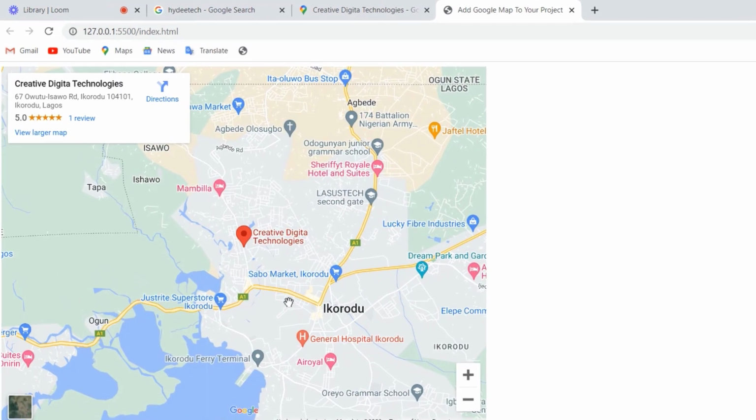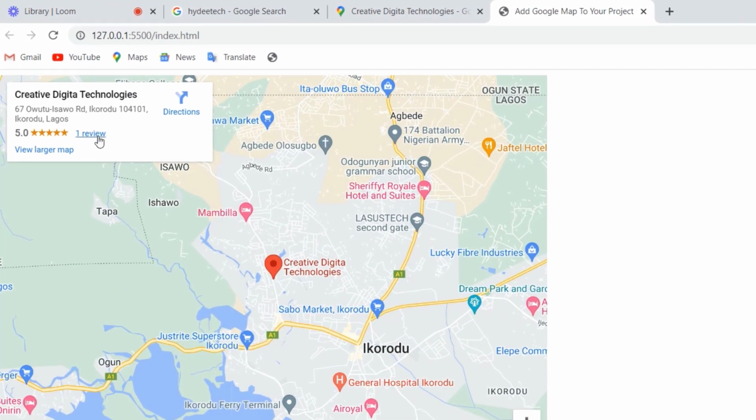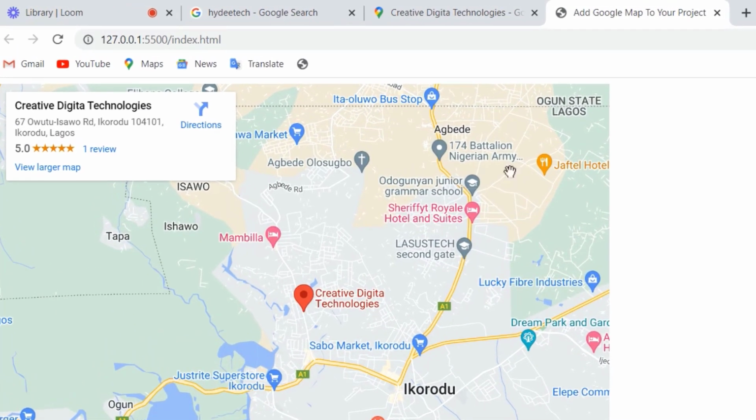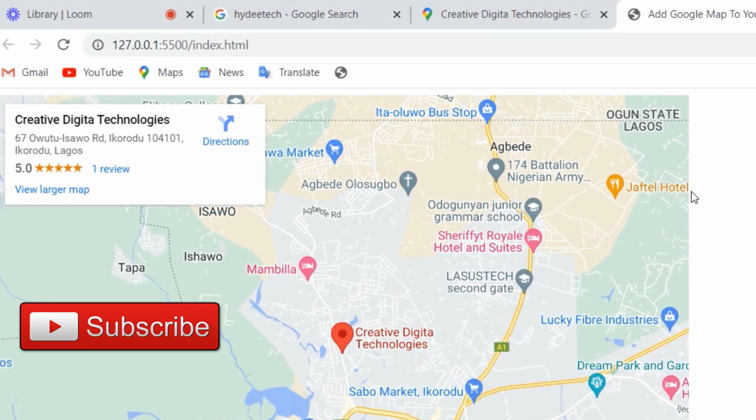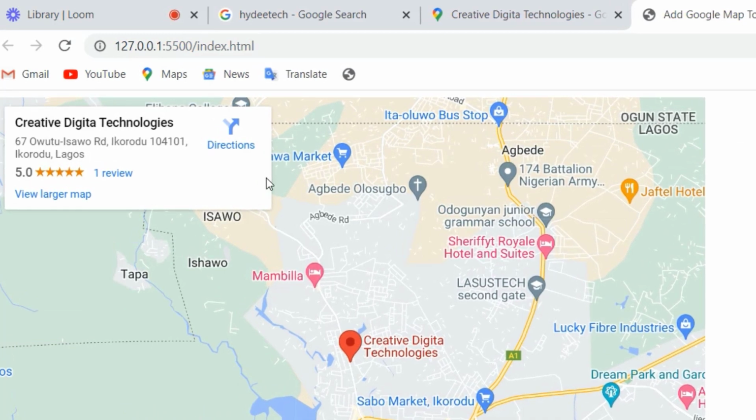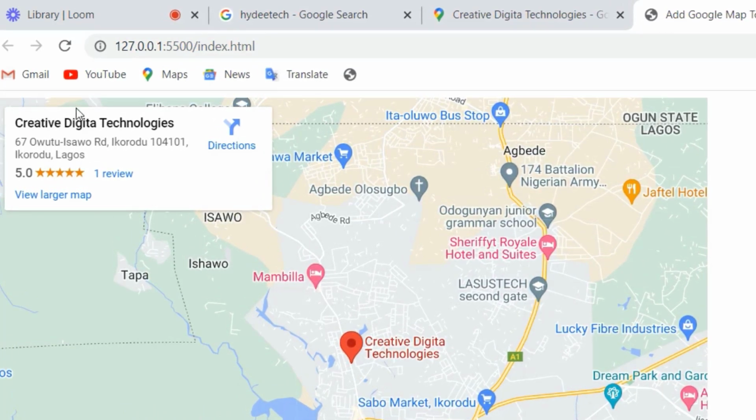All right, exactly. So this is how your map is going to be whenever you add it. You can see this map is not showing on full screen, so you can adjust the size. But one thing you will notice is the name of the business showing here, the review and the address. So all the details of the business you want to add is going to be displayed here, including the reviews